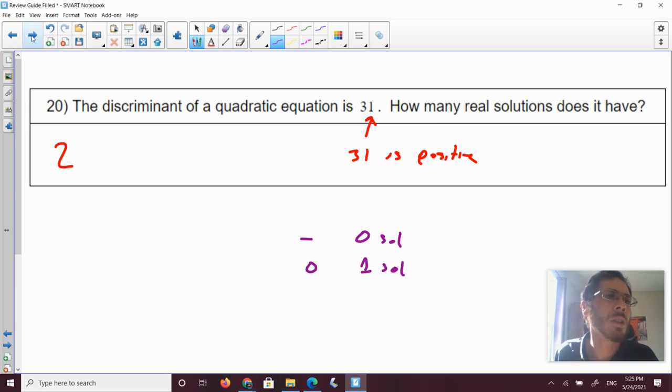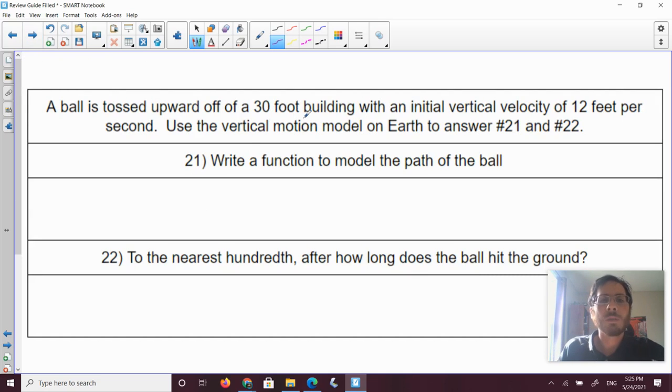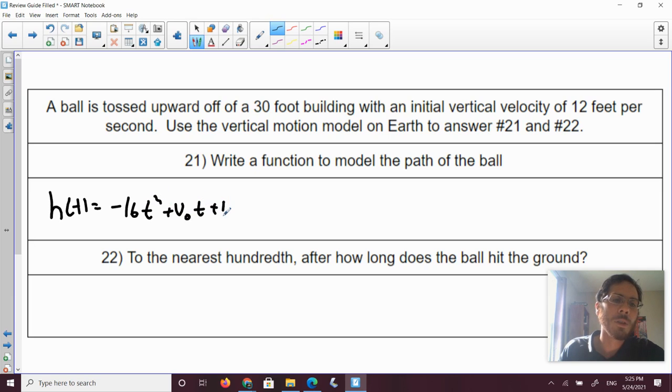So that's about it. For 21, we need to write a function to model the path of this ball. So it looks like we're using our vertical motion model. So vertical motion model is h of t is equal to -16t squared plus v naught t plus h naught. So if we look to see what we got,